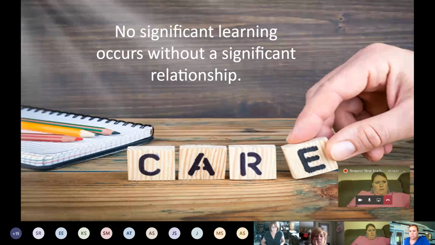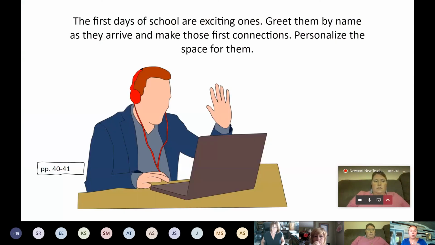And not that, of course, that's important, but for a little while, and I think it's totally come back, and it makes me so happy. I think some of these things got away from us, and so it's kind of come back to the forefront. We're starting school. How are we going to build these relationships when we're not in the same physical space?